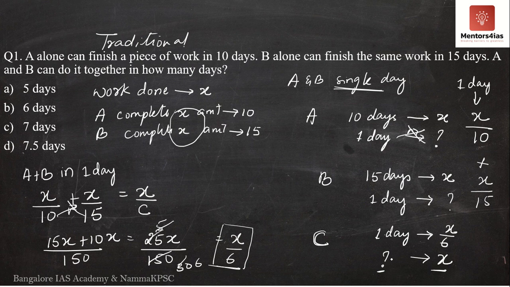Once again, nothing but simple cross multiplication. I take x to this side, multiply it by 1 and then divide it by x by 6. So what do I get here? I get x. This x, I take it here. I get x, multiply it by 1, then divided by x by 6. Very simple. What do I get? I take 6 here to the numerator. X and x get cancelled. Now x and x get cancelled and I take 6 to the numerator.